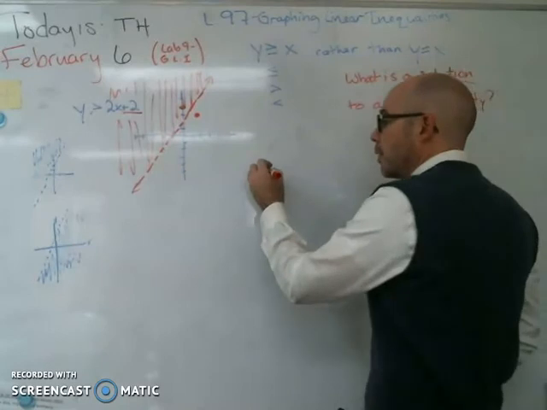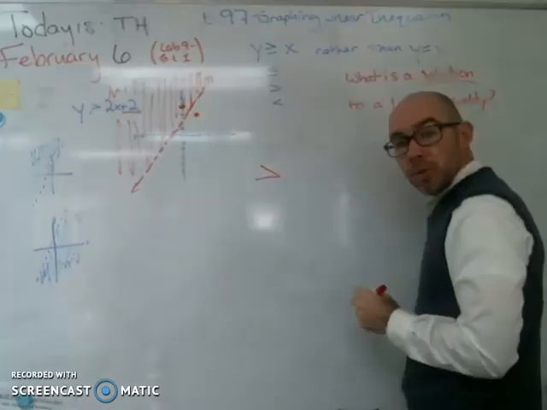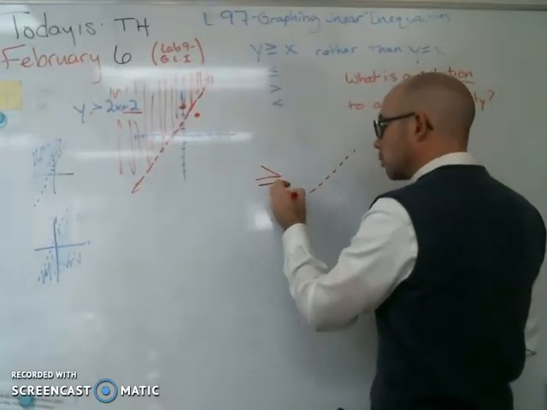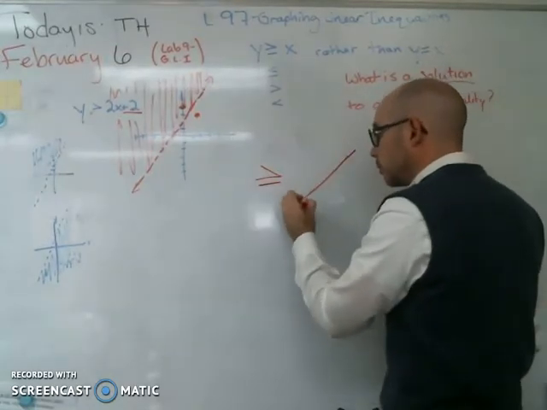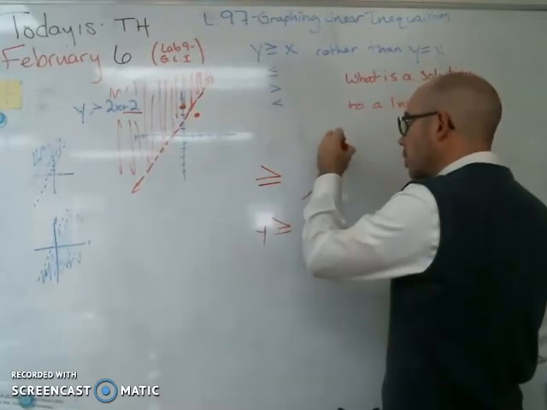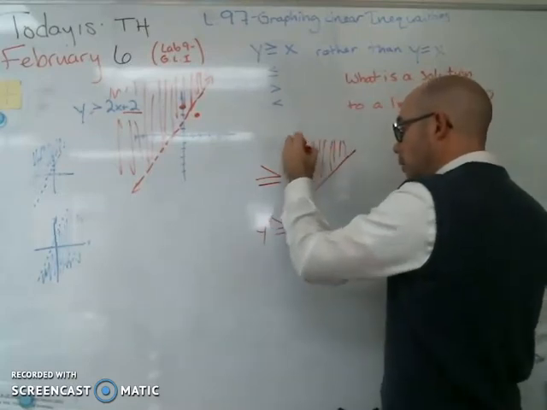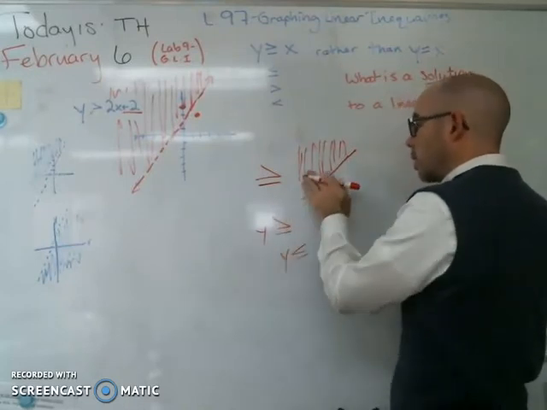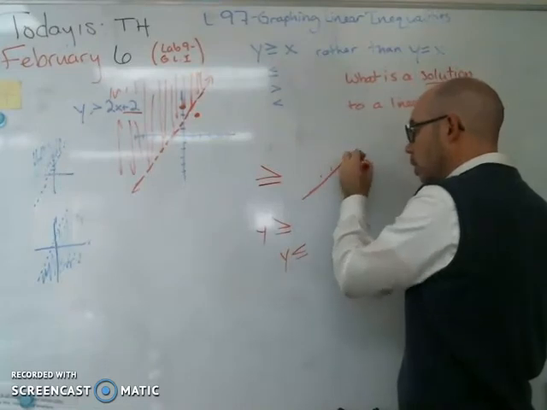And again, that's the difference between dashed line or solid line. And then also, if it's y is greater than, we're going to shade above. Or if y is less than or equal to, in this case, we're going to shade